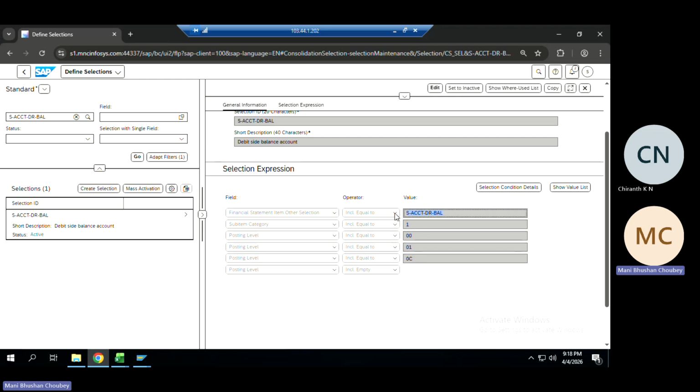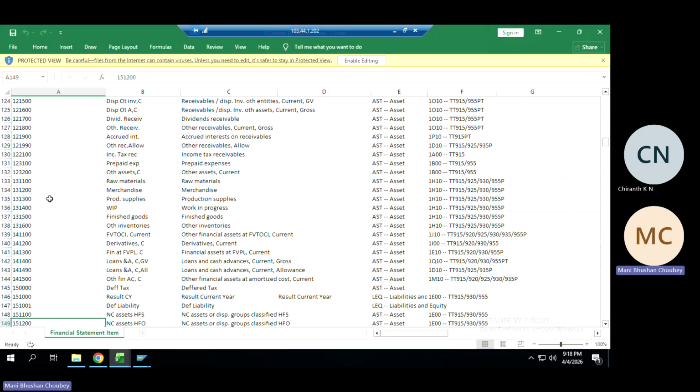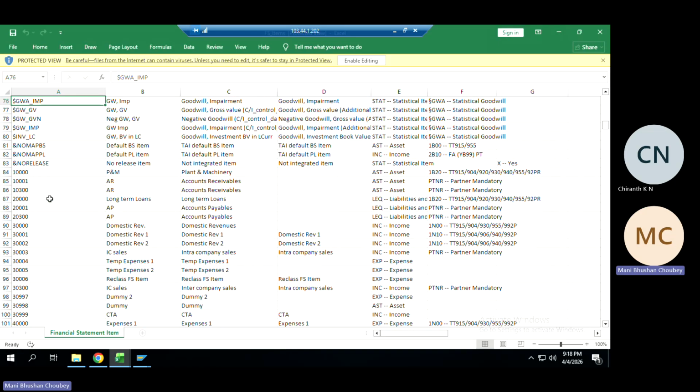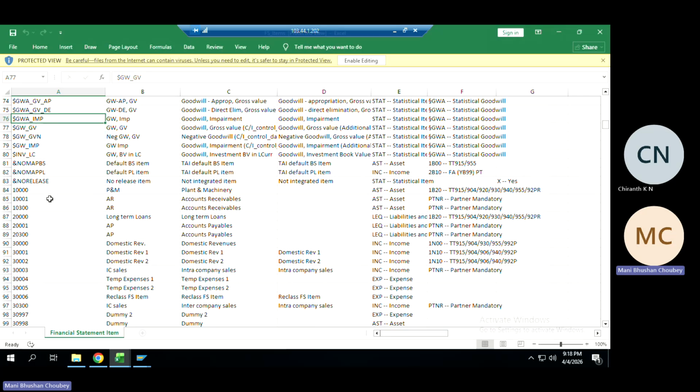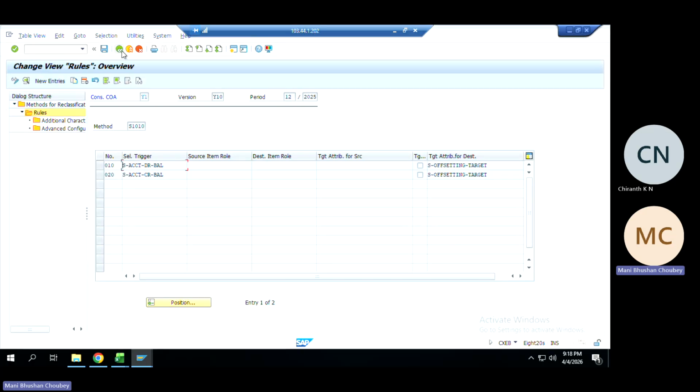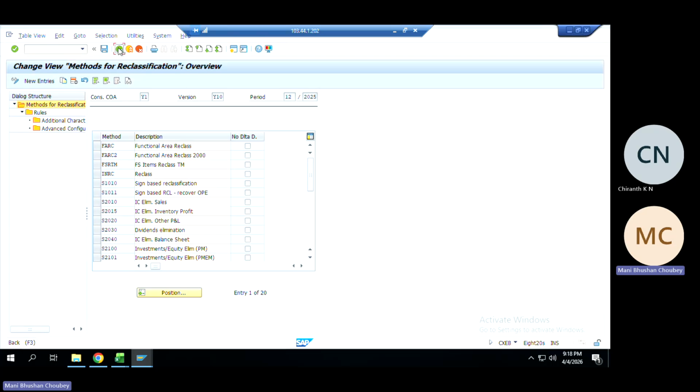So basically the system will search this value assigned to which FS item. When we had created the FS items, during that point of time, where we have assigned the reclassification item. So for example, if I just go back to this